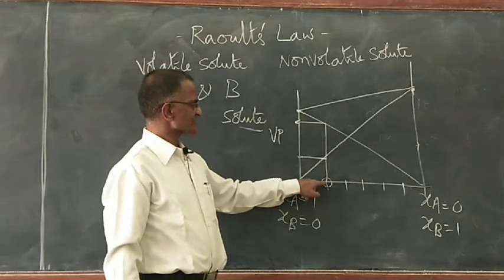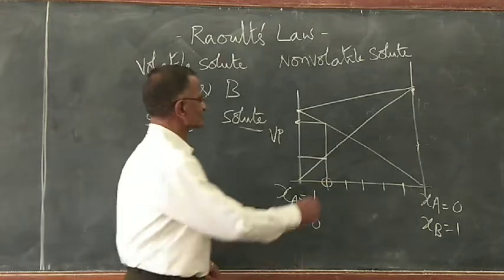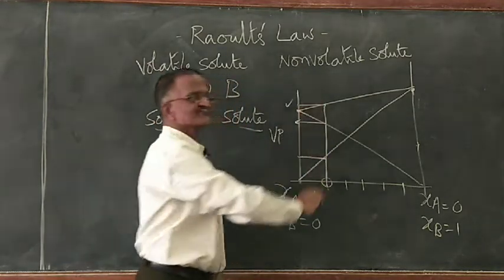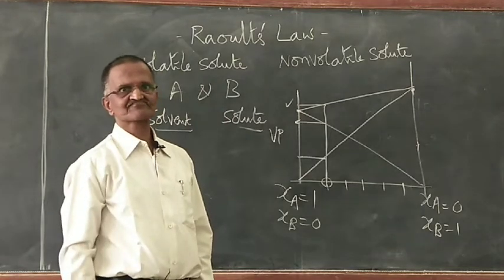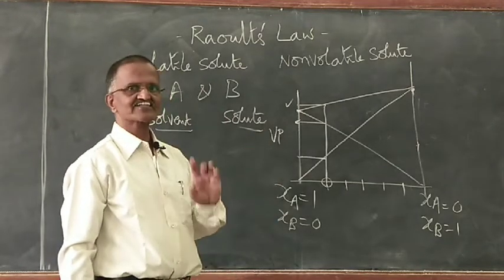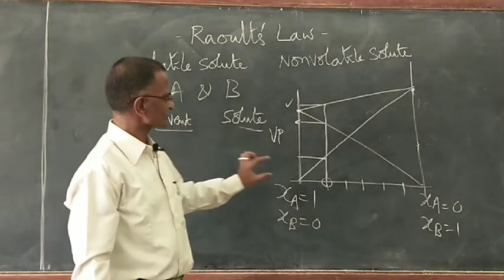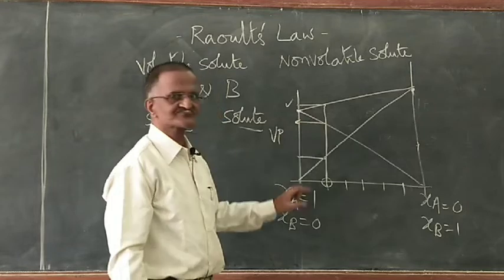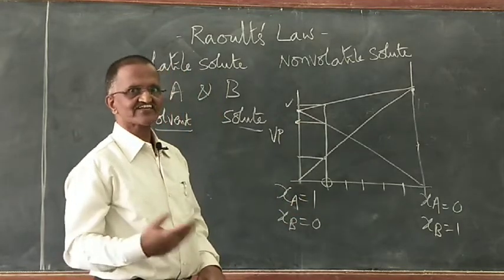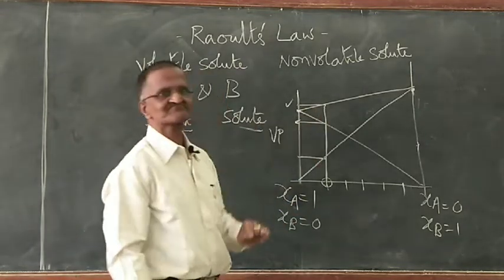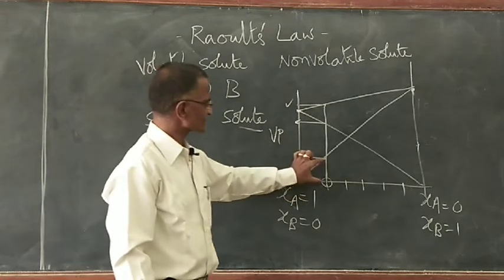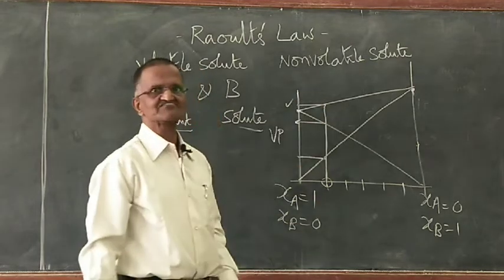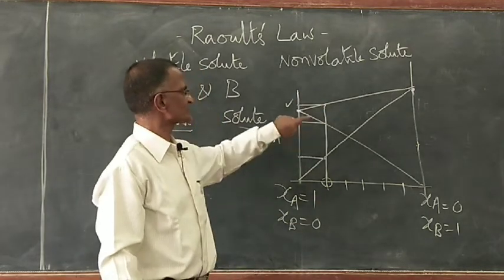Now at this composition, what is the total vapor pressure of the solution? Right, straight away you go here and then tell that is the vapor pressure of the solution, because the graph shows it. Again, it is very simple to understand. Now what can I do? How much is this, how much is that? Add these two. How much will it be? Finally, the value will be that much. So when you add this plus that, it is equal to from here to there directly. I need not separately add how much is because of A, how much is because of B.